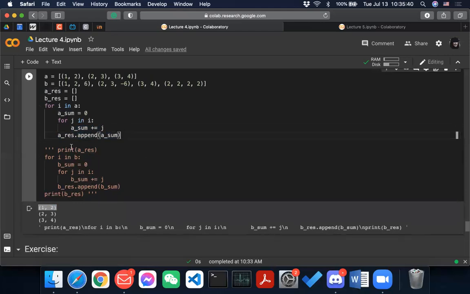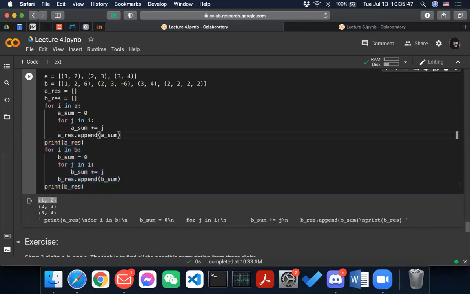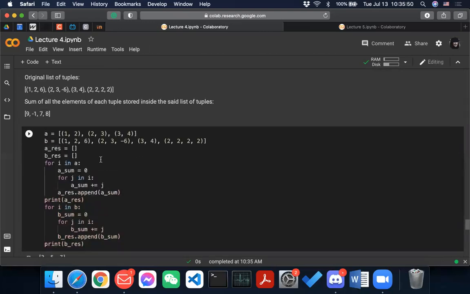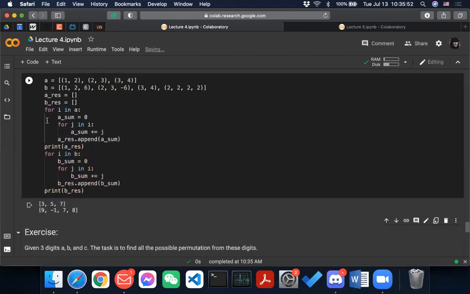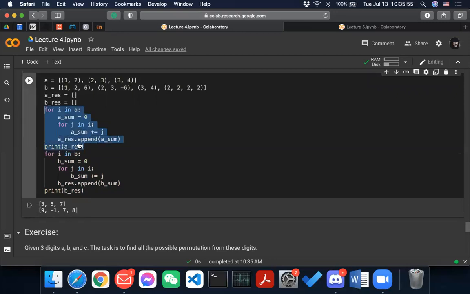And if I uncomment this and run it, then you can see the first loop, and then after I print res, it gives me 3, 5, 7. And then I basically did the same for b as well. I just changed the variable name, so it is the same algorithm really. So if you input this b here, then it performs all the sums.